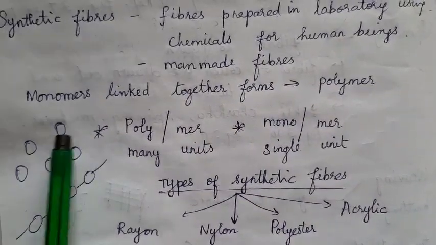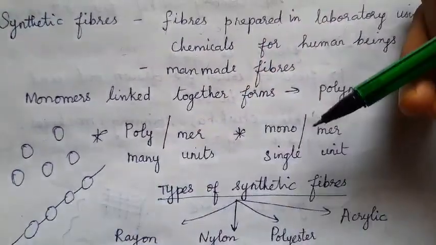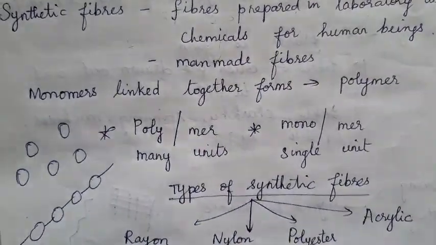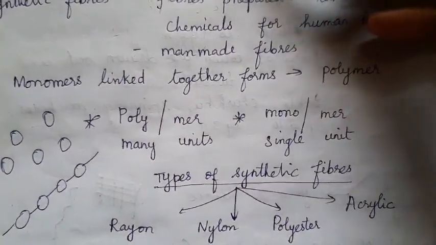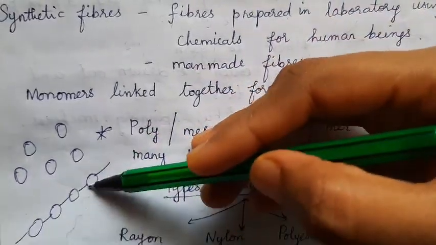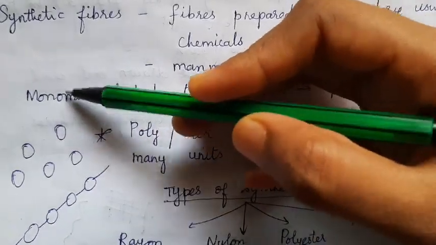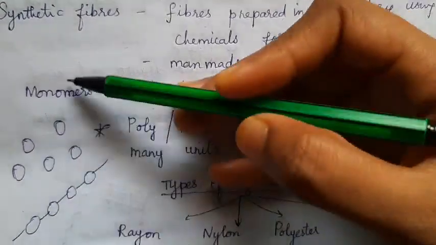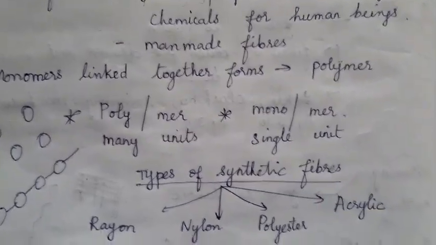Okay, these structures are involved in your chemistry, like how you have your cells in your biology. These units will be involved in your chemistry, making up all the objects around us. As you know, all the objects are made up of some matter. So what matter refers to in chemistry is these units only, right? So the separate units I give the name monomer. Mono means single unit. When the single units called monomers are linked together, they form the polymer, right?